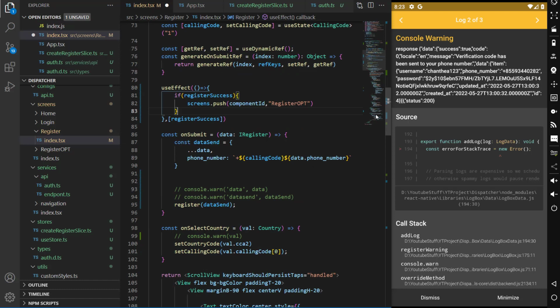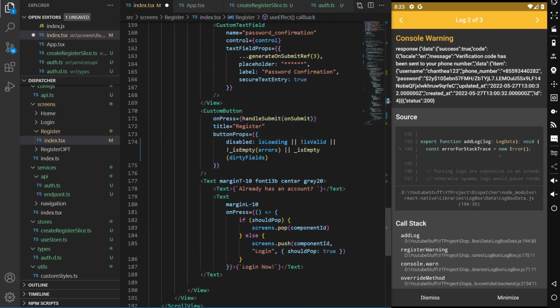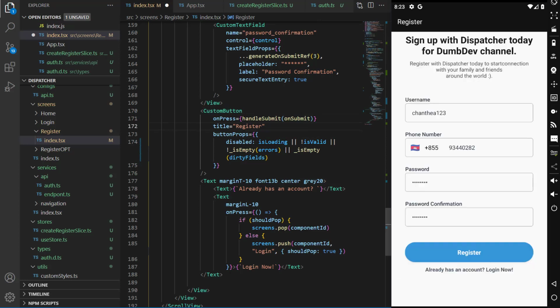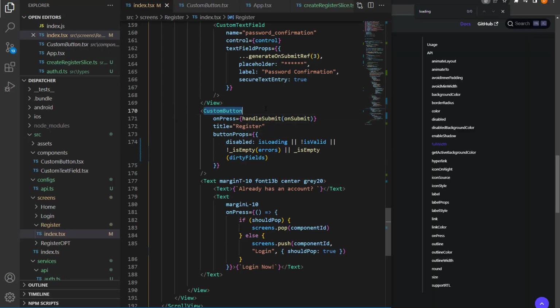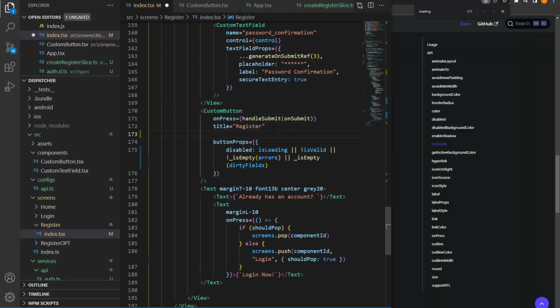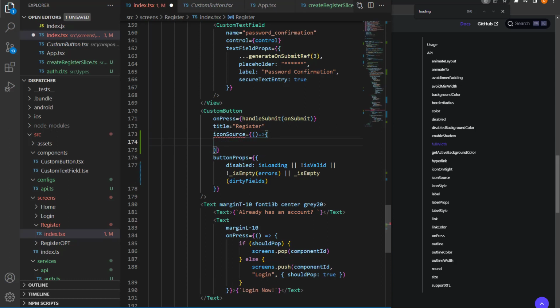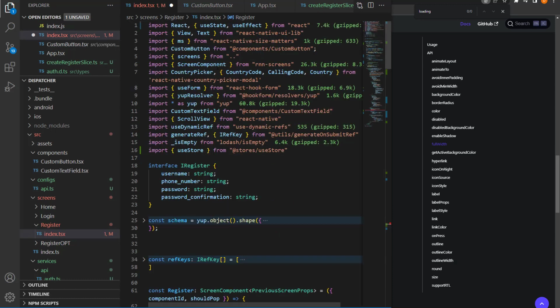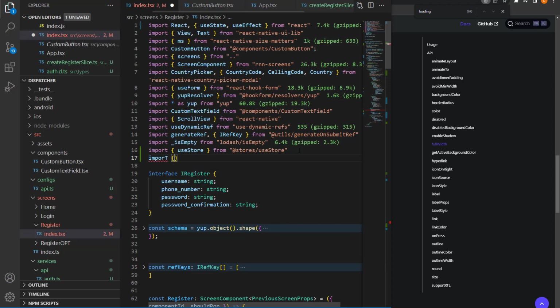Oh, another one, I'm gonna add the loading indicator here when it is registering. So let's check first. In this custom button we have another prop called icon source. We take the function and we can return the loading indicator when it is loading. So I'm gonna import activity from React Native here,